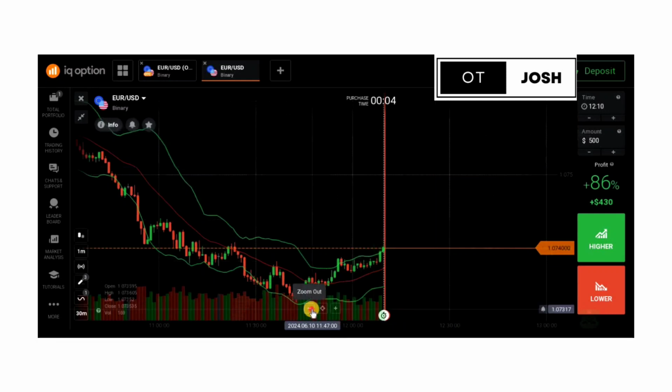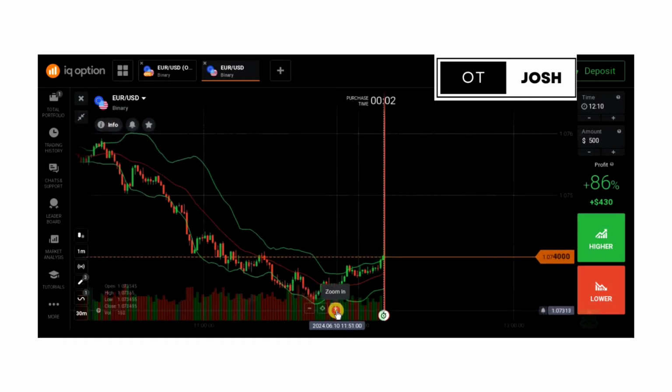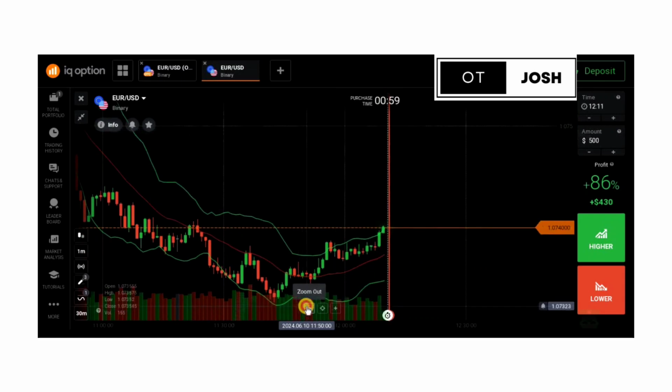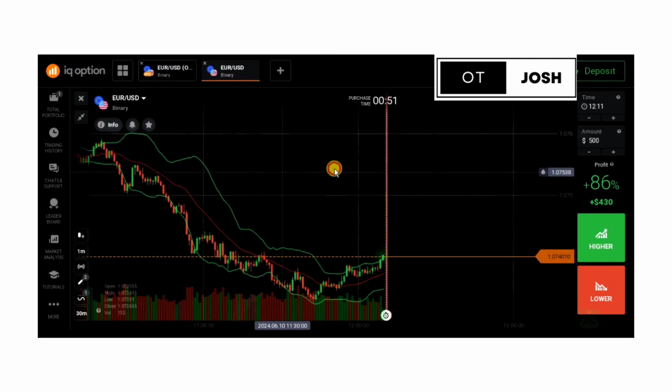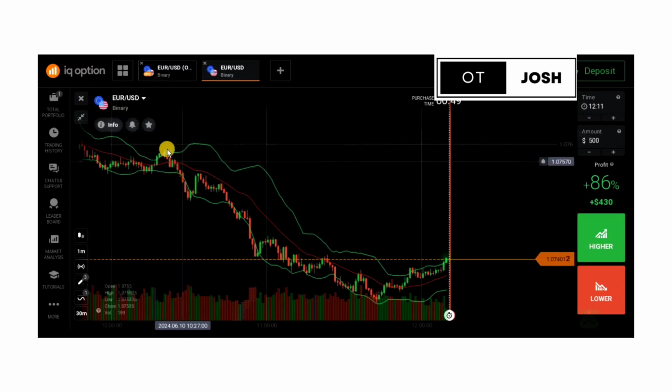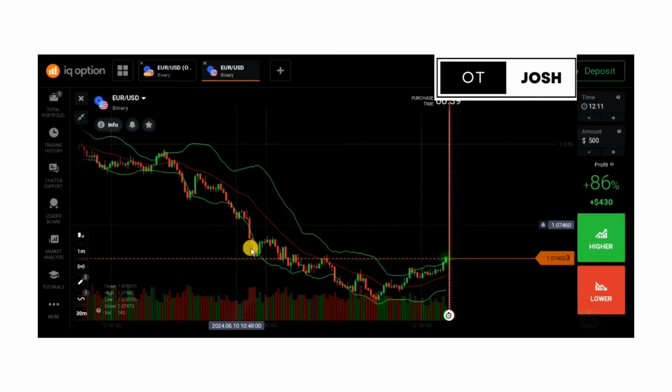I am OT Josh. So I saw something happening here and I thought I should share it immediately as it's happening, so that you all can understand what it means to have a market condition. Okay, so let's start from here. Now as you can see, this part of the market was going up and a reversal pattern occurred. You see this reversal, and now the market started going down, up, down, here, up, down, up.